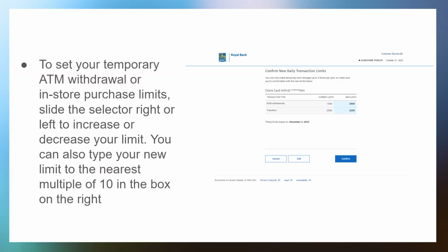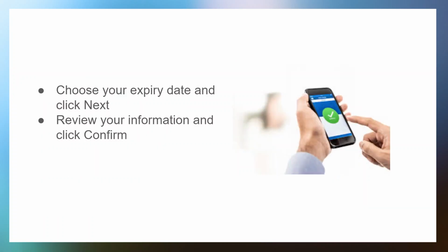purchase limits. There is a slider that you can move left or right to increase or decrease your limit. If you prefer, you can also manually type in your new limit in the box provided. After you have set your new limit, choose the expiry date for this adjustment and then click on the next